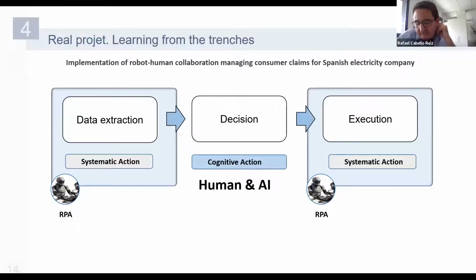Well, this is very important. This is a very good question. In RPA projects in general, there is no development environment, or even if there is a development environment, you don't have the real cases, because the claims have to be solved in less than 24 hours. So how do we solve this? Design of the process, step one that I talked about before,